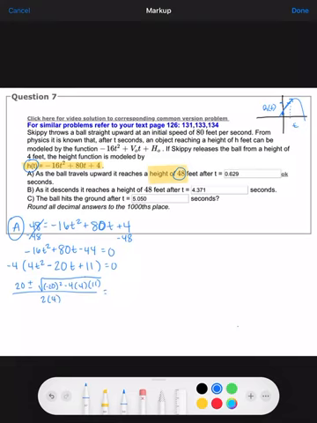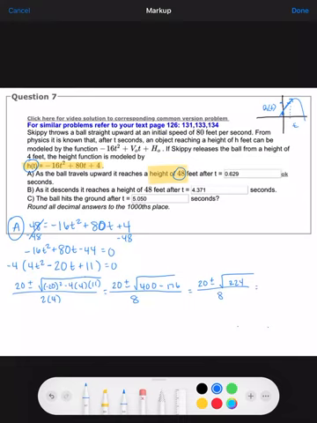And I'm just going to work this down and simplify it as much as I can. 20 squared, this is 400, minus 4 times 4 times 11 is 176. 2 times 4 is 8. This equals 20 plus or minus the square root of 224